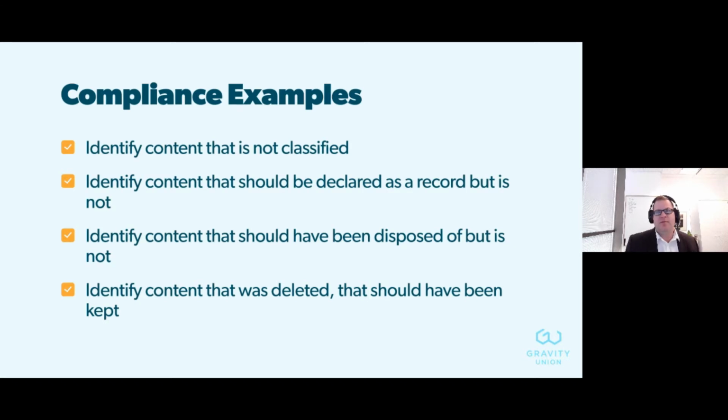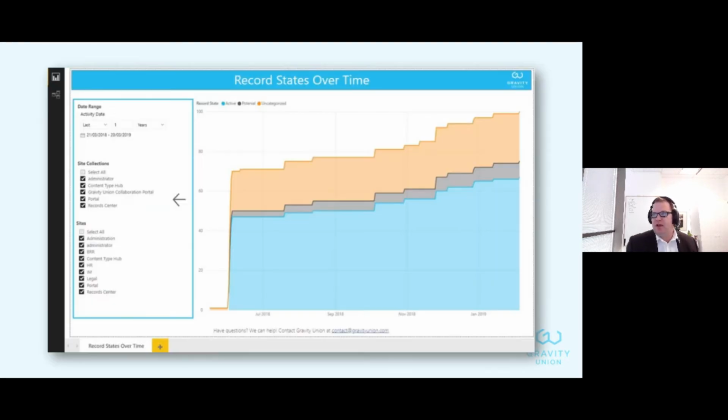From a compliance standpoint, we can certainly report on content that perhaps should be classified but isn't being classified, content that should have been declared but isn't declared yet, content that should have been disposed of, etc. To give an example, here's a bit of a report to show you the blue areas, content that's been classified against your file plan, versus the gray areas, the content that has been classified but not declared and locked down as